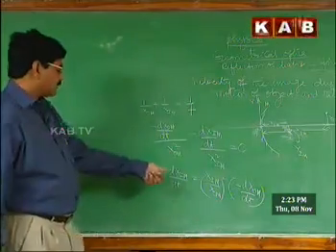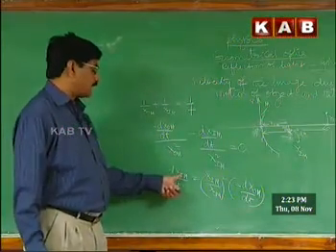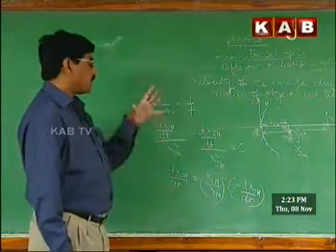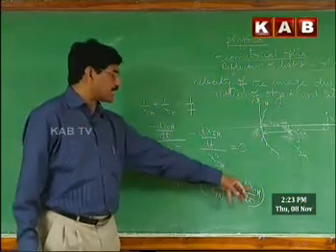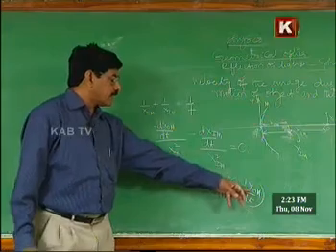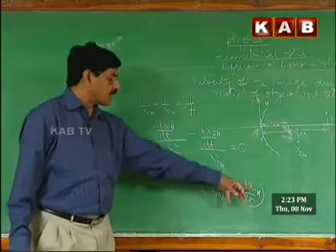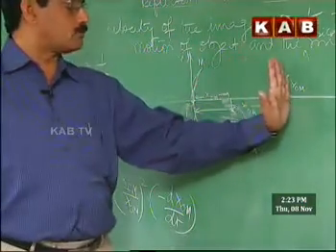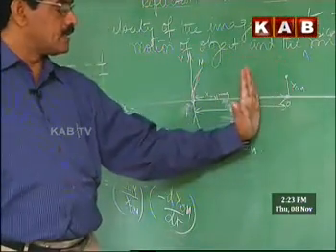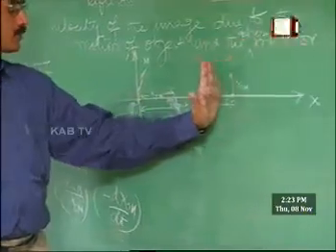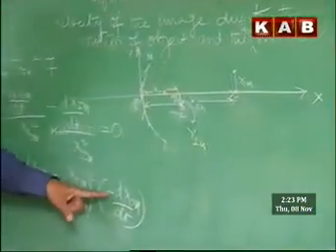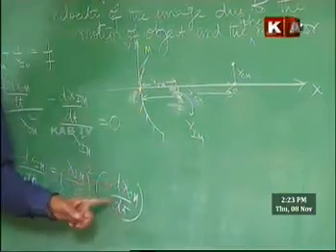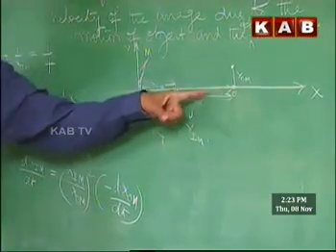It indicates the velocity of the image relative to the mirror along the x-axis motion. When the particle is moving along the x-axis or principal axis relative to the mirror, this is the velocity with which it is approaching the pole of the mirror. It means if the object on the principal axis is approaching the mirror with this velocity, the minus sign indicates the distance between them goes on decreasing. A decreasing rate of decrease means the object is approaching.